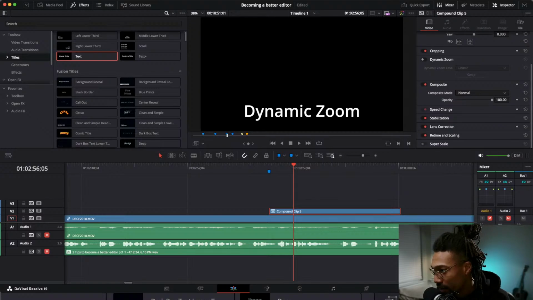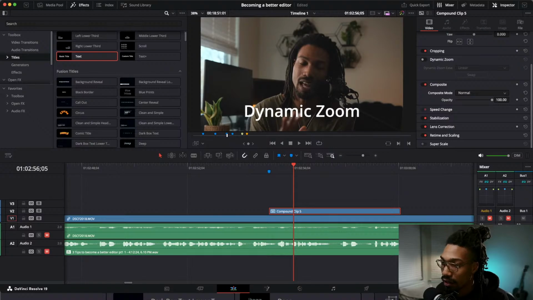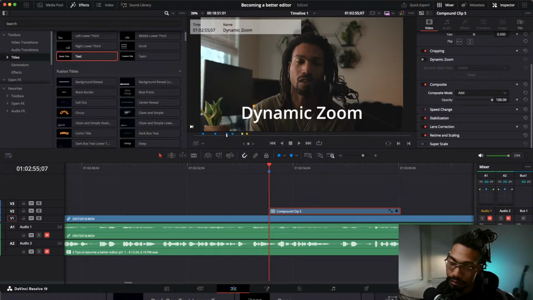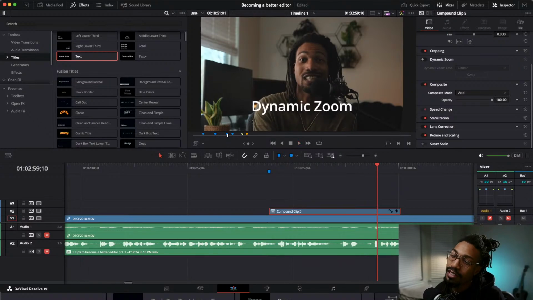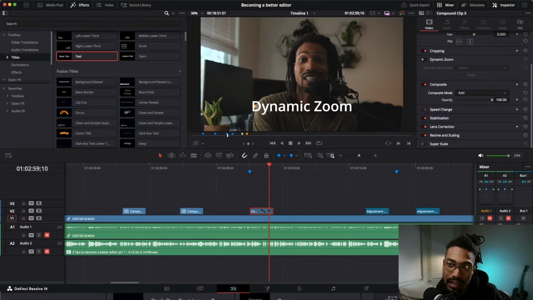If we go to a composite, and then we go to, okay, add. Well, would you look at that? I think we may have figured out a workaround. But I know you said you wanted a clean timeline, so this might not really help. But if you wanted to at least